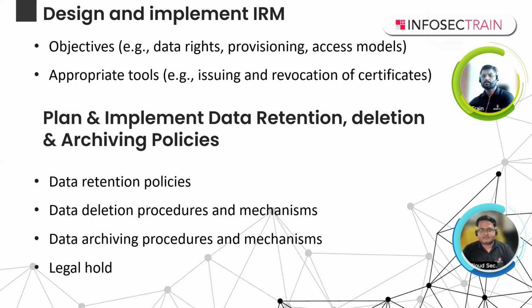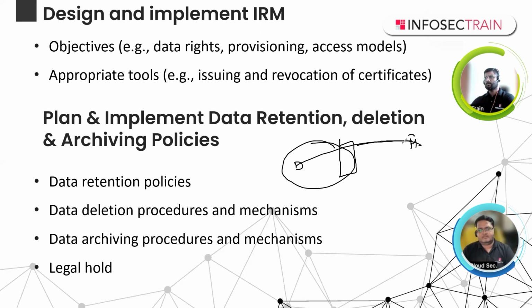Today we are using IRM and DRM to protect digital data. One thing you need to understand from a DRM point of view is that because data is dynamic in nature, it goes to multiple locations. So it also acts like a compensatory control for DLP. Suppose this is my cloud, and we have data here. By hook or by crook, a hacker was able to download the data. In that case, DLP has already failed to protect this data. But even if the data is downloaded onto the hacker's system, because it is DRM protected, if you try to open it, it will ask for a password and so on. That is how DRM can protect the data even in transit or when leaving the organization's control.